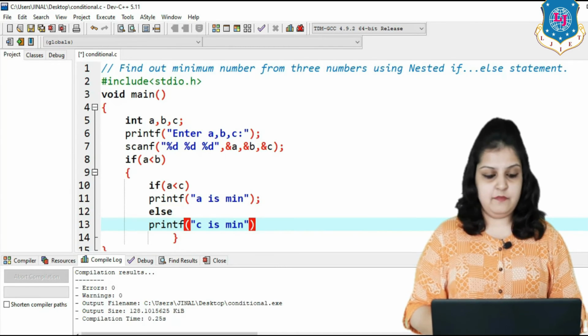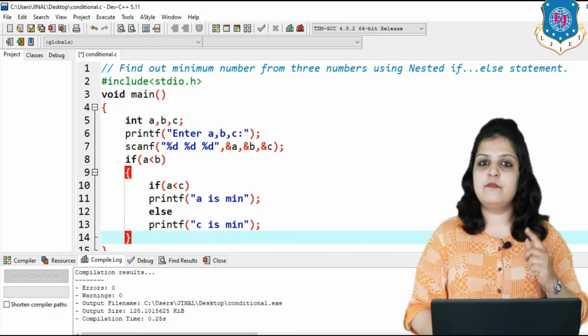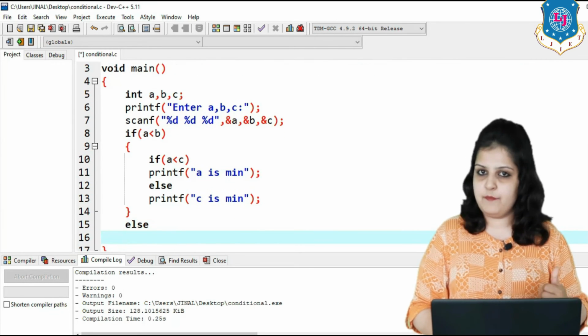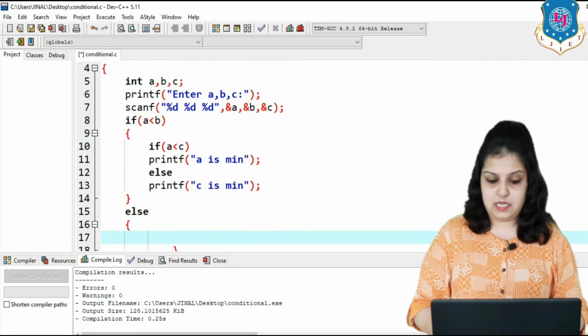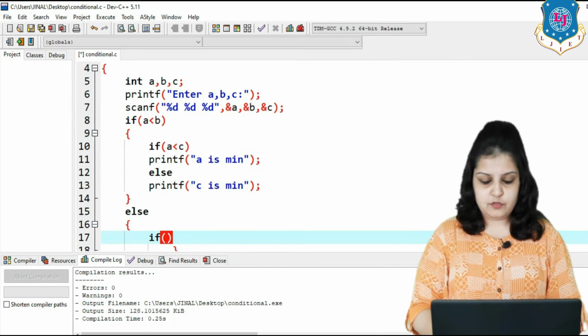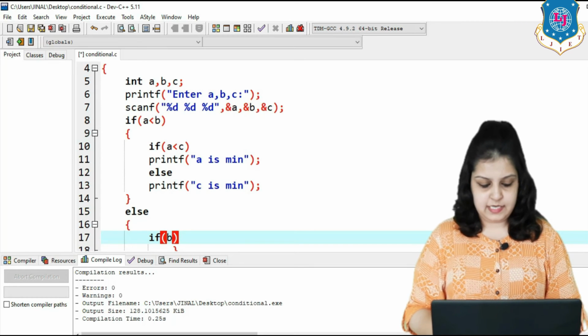Now our first if part is completed, and write the else part. Suppose our first condition a less than b becomes false, then b is min from a, right? So check that b is also min from c. We have to write that in the else part. So in else again write the condition that b less than c.